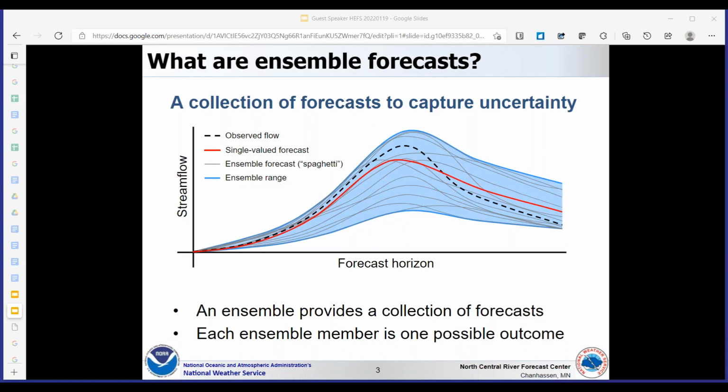However, those forecast hydrographs include only 1 or 2 days of QPF. And our users need to know what may happen to the rivers from weather events further into the future. As uncertainty increases with lead time, our users also need to see that reflected in our forecasts. Ensemble forecasts, like the HEFS, explicitly quantify the data and modeling uncertainties. Each ensemble member represents one possible outcome, and collectively, all the ensemble members aim to capture the range of possible outcomes.